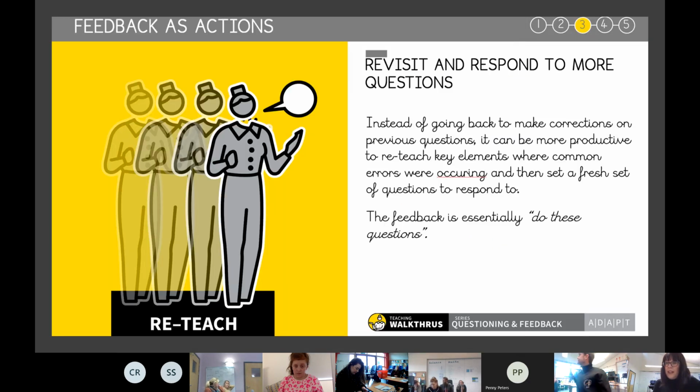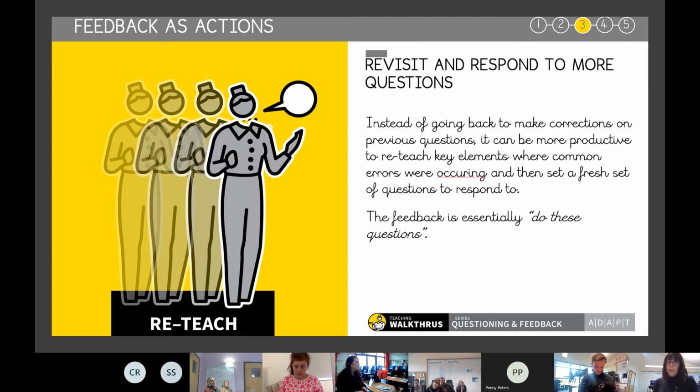So we just need to think about how we are going to make sure that our feedback is effective and purposeful through every aspect of our school. So through the PLB, through multiple drafting, through our space practice. Now let's think about it when we're revisiting and responding to more questions. This is great because this feeds back exactly into what we were doing a few weeks ago